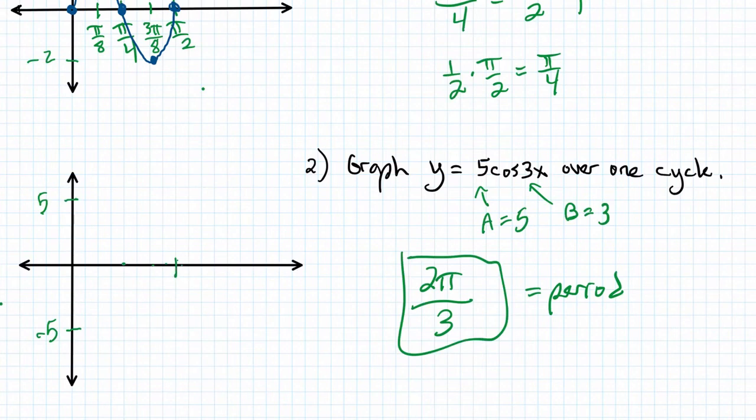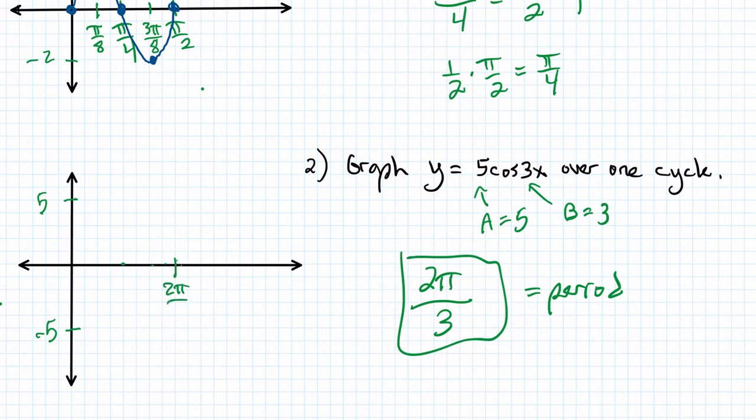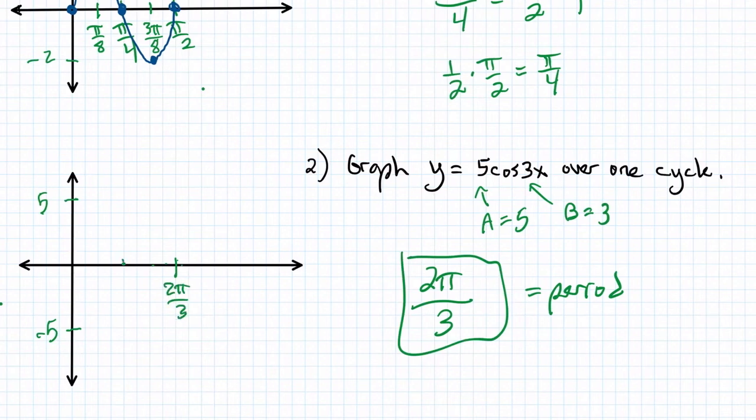We need to mark this space with the value of the period. So I'm marking that here as 2 pi over 3. Let's go halfway in and let's mark that as half of 2 pi over 3, which is pi over 3. Halfway in from pi over 3 would be pi over 6. Halfway in between, what would that be? Let's see, we have 1 pi over 6, 2 pi over 6, 3 pi over 6, but 3 pi over 6 is reducible, goes to pi over 2. I will mark that third spot right there on the x-axis with pi over 2, and that completes then all the points that we need to make for the x-axis.